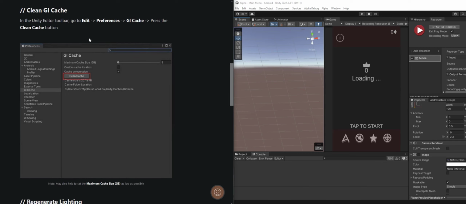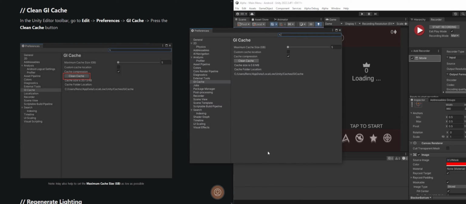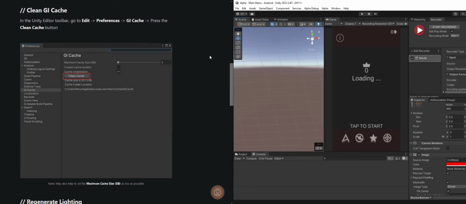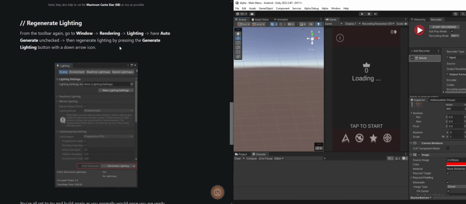So the first step is to clean your GI cache. I have the steps here on the left side of the screen, but on the right in Unity, we have to go to Edit, Preferences, navigate to GI cache, and then press this clean cache button. This should not take super long, and we can get right on to the next step, which is to regenerate